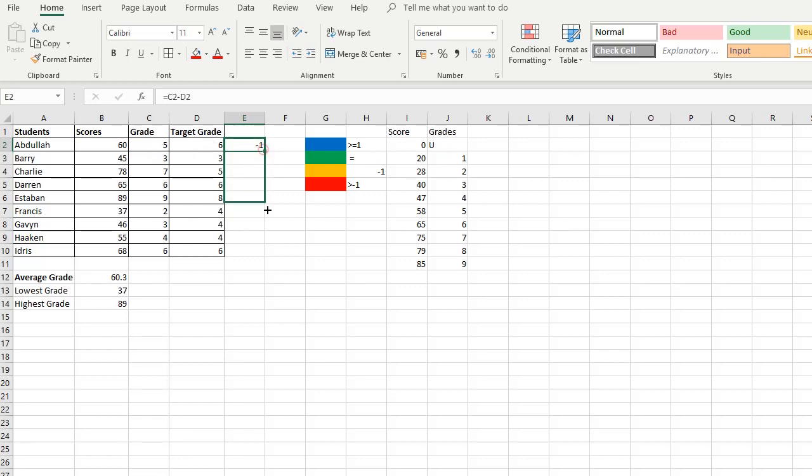And if we fill that down, we can see that this person is at the same level as his target grade, so that's 0. This person has got a grade 7, target grade is 5, so he's 2 above his target grade, and so forth. You can see we've worked out the difference. So now what we want to do